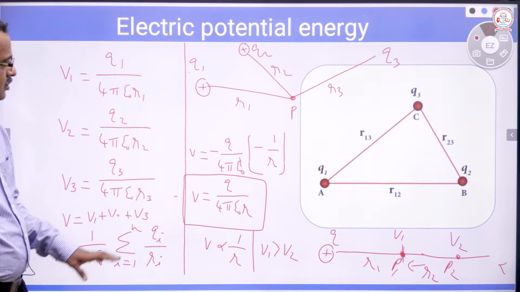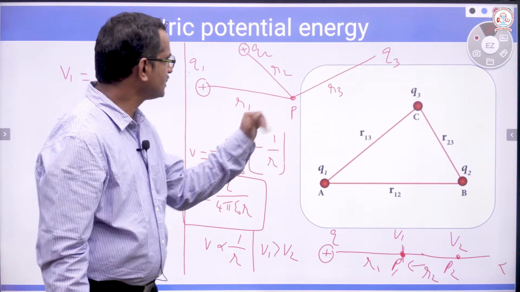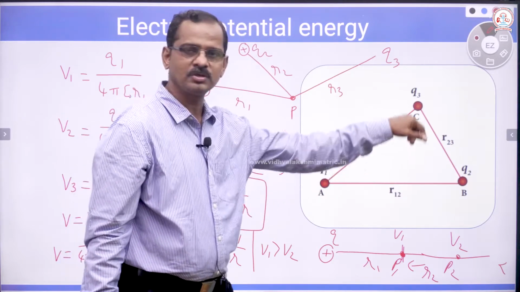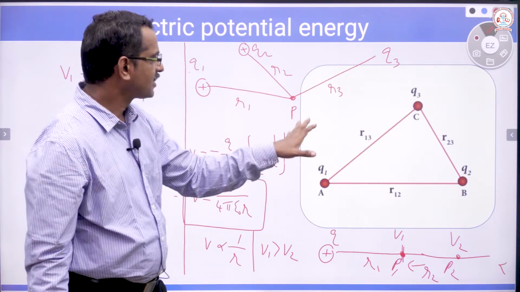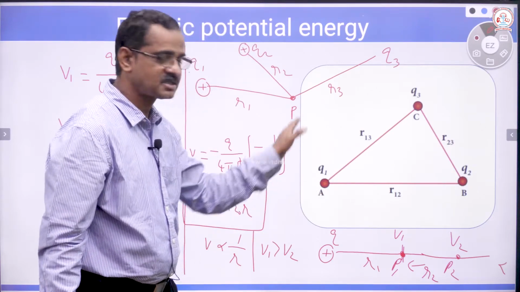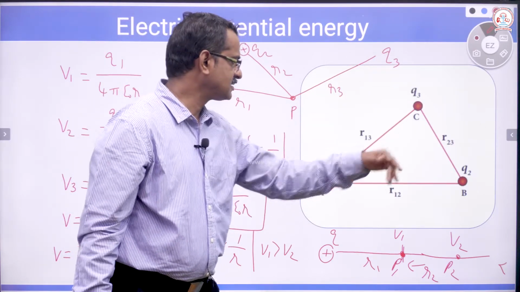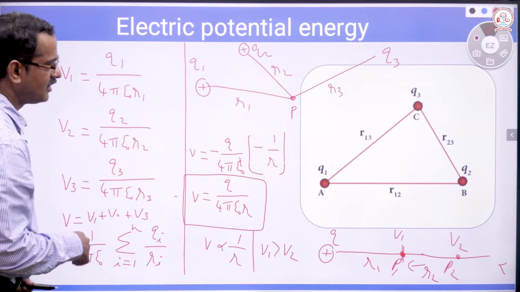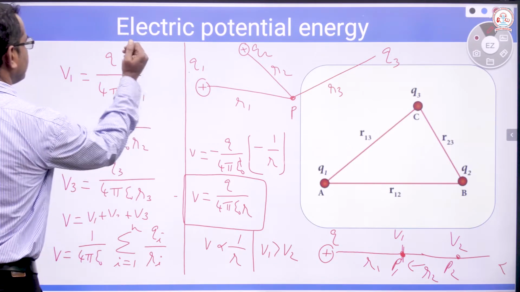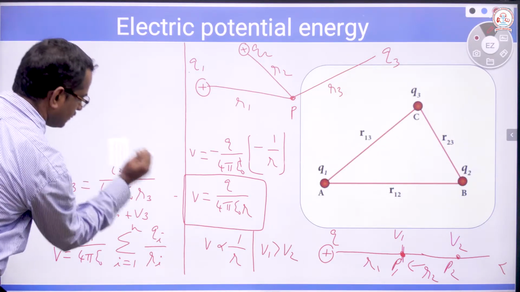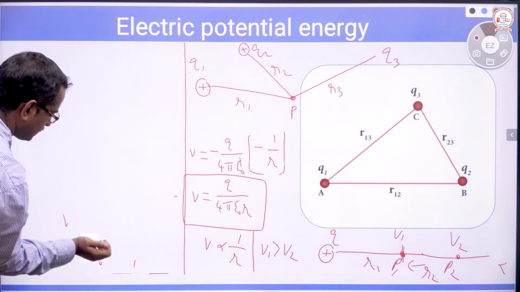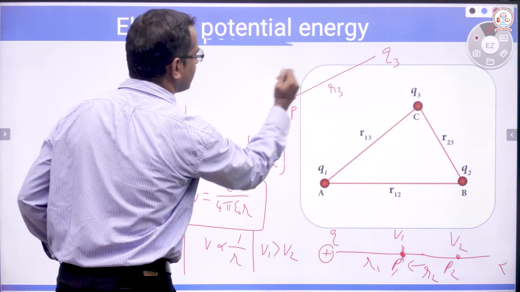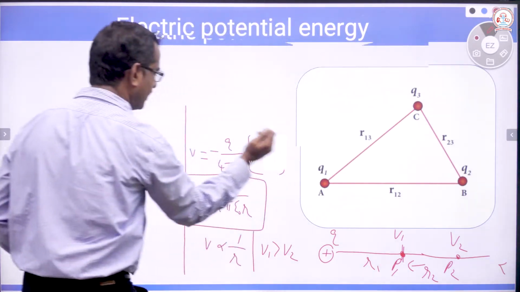Now you just imagine there are charges like this, Q1, Q2, Q3. Now we can calculate electric potential due to this system of charges, and we can also relate electric field and electric potential. Before discussing electric potential due to the system of charges, let us discuss the relation between electric field and electric potential.